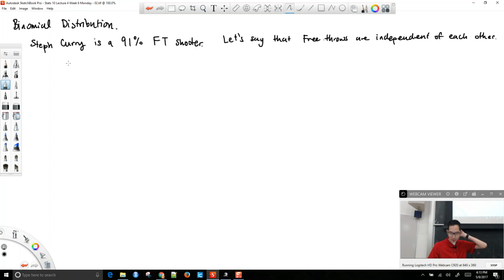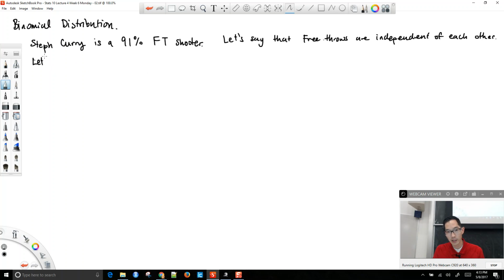And so generally, the shooting percentage is relatively high compared to the rest of the game where there's active defense going on. Your top elite players for free throws will be around 90%, okay? Where you'll have other players who maybe shoot 50%, and they're known more for slam dunks or something. Okay. So let's say that free throws are independent of each other, and we'll say